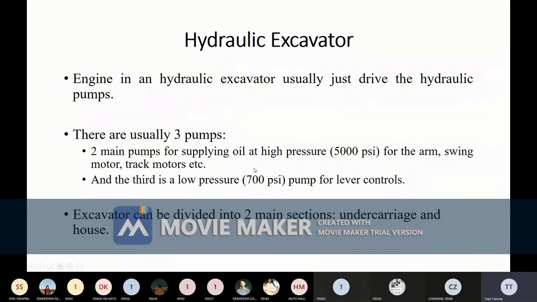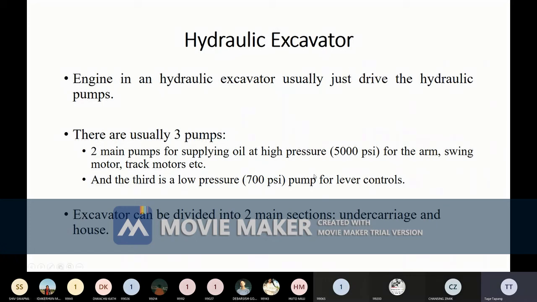Earlier we had steering in cars, now we have power steering. Earlier it was manual steering. So in manual steering, all the effort required to move the steering wheel has to be given by the driver itself. Now we have power steering. So in power steering, a hydraulic pump is attached to the steering system so that with minimum effort we can turn the steering.